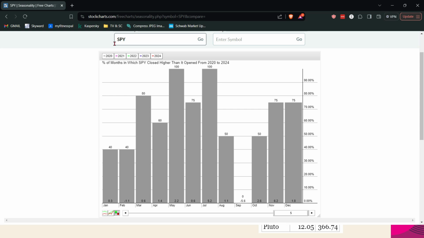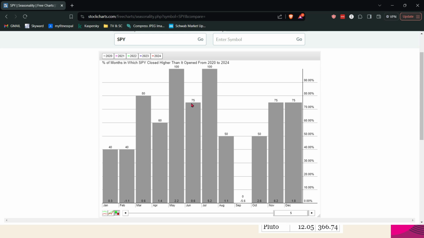Here is an example. You know about SPY. SPY is the index for 500 large companies in the US. So when I trade SPY, which is the market index, based on the past 5 years, can I trade in June? What is the probability of me getting a profit in June? Based on the past 5 years, from 2020 to 2024, 75% of the time, SPY